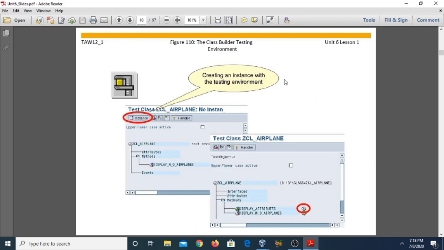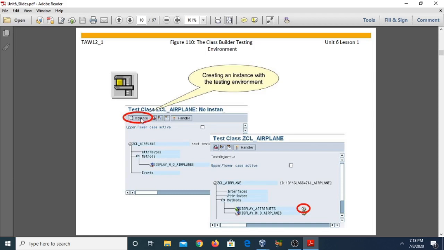You can see after creating the class and defining the attributes and the methods of the class, now we need to test the methods as well as the class. For testing purposes, we can use the testing environment. Just click on this particular button and it will execute the program, and from this button you can create the object of a class. This is an instance.